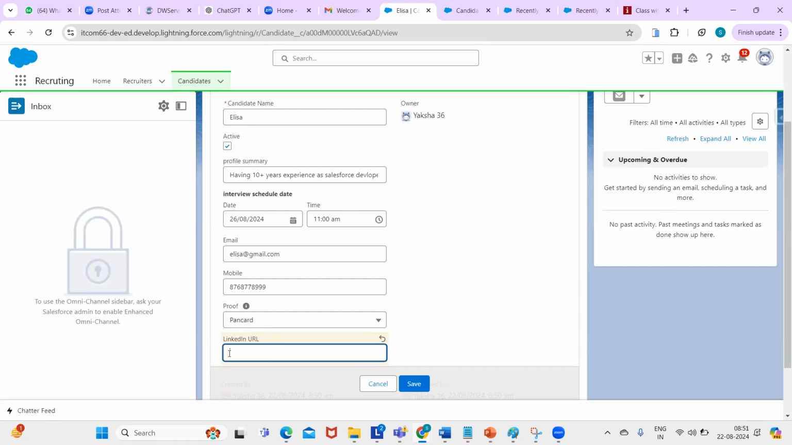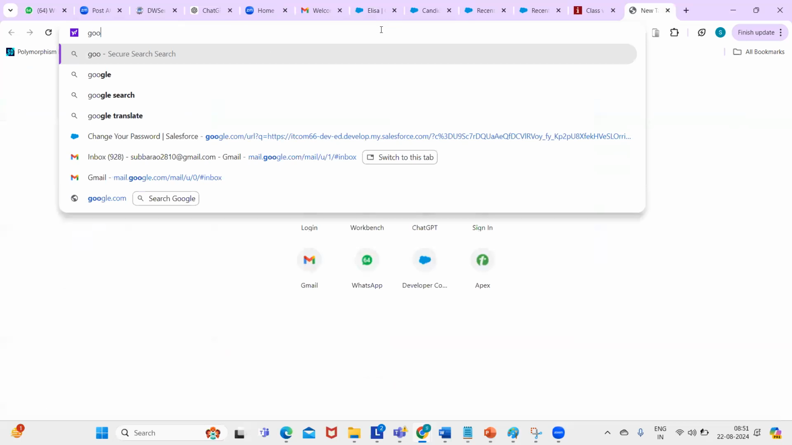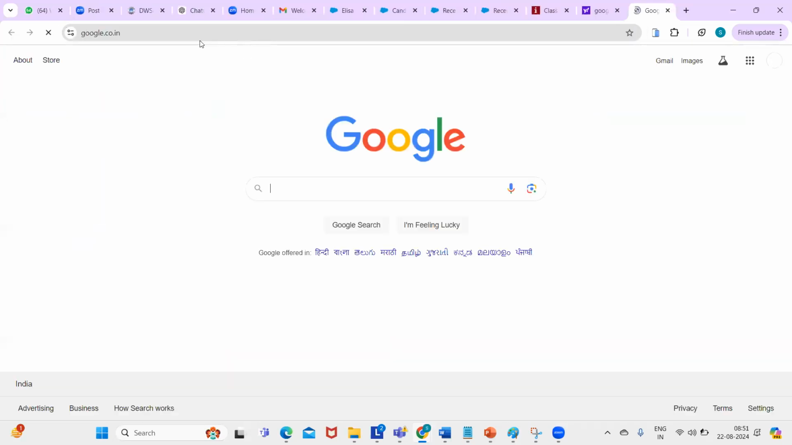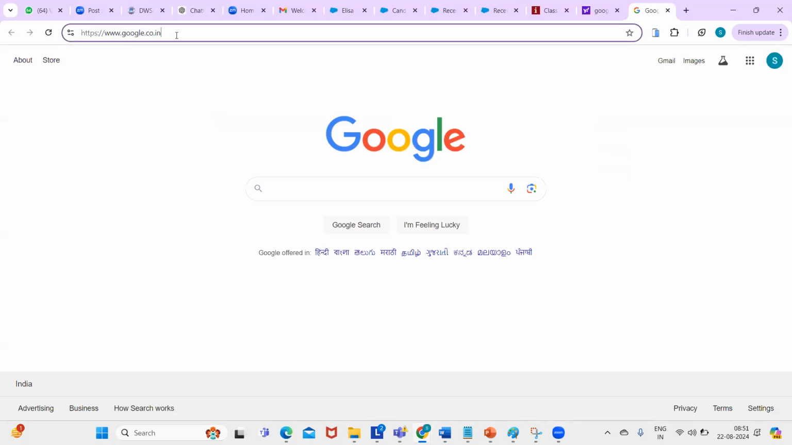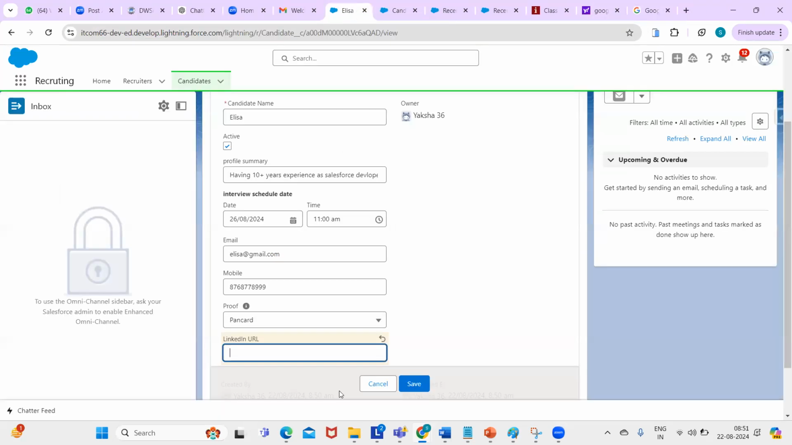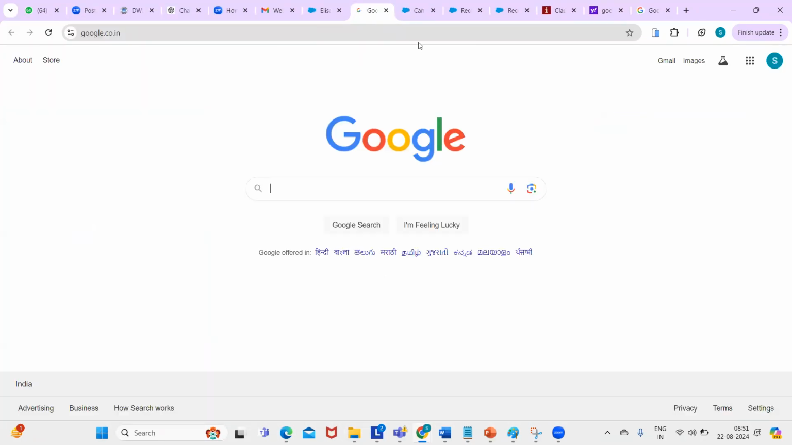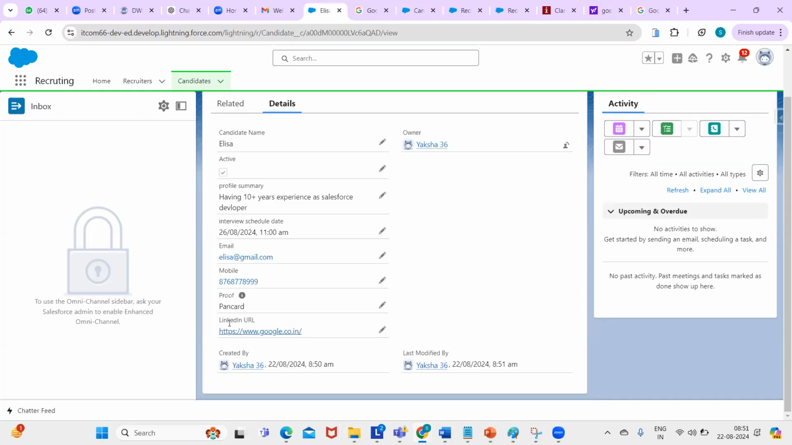See, this is what we have to go with in case of any URL. For example, google.com only. See here, there is google.co.in. I'm adding this URL to the field. Okay. Now I'm saving this. Now we have to click on this, and it redirects. See, immediately we have to do that. That's why they're providing